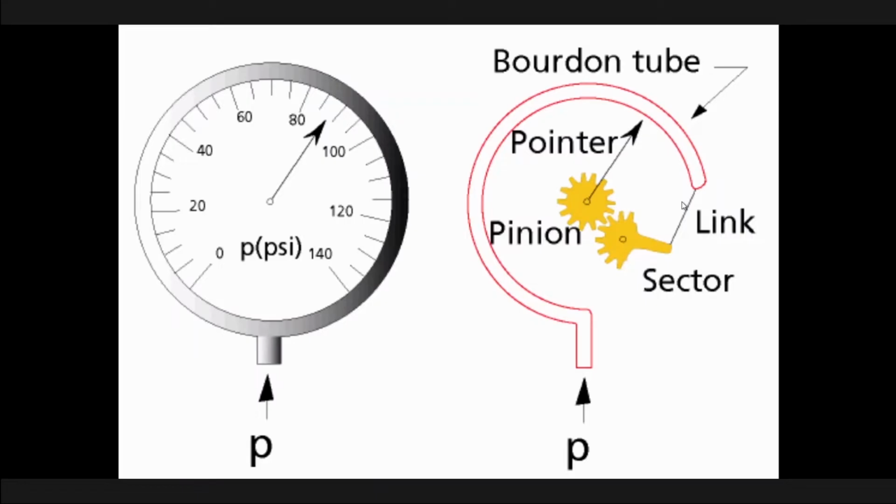Here we have the image of the Bourdon pressure gauge. As you can see, there is a hollow metal tube which is bent like a curve, and one end is sealed. This is the sealed end and this is the open end. The open end is connected to the gas source, which is this P, the pressure, so it is exposed to the pressurized gas. The pressurized gas will enter into the tube and cause the curved tube to become a little straightened.